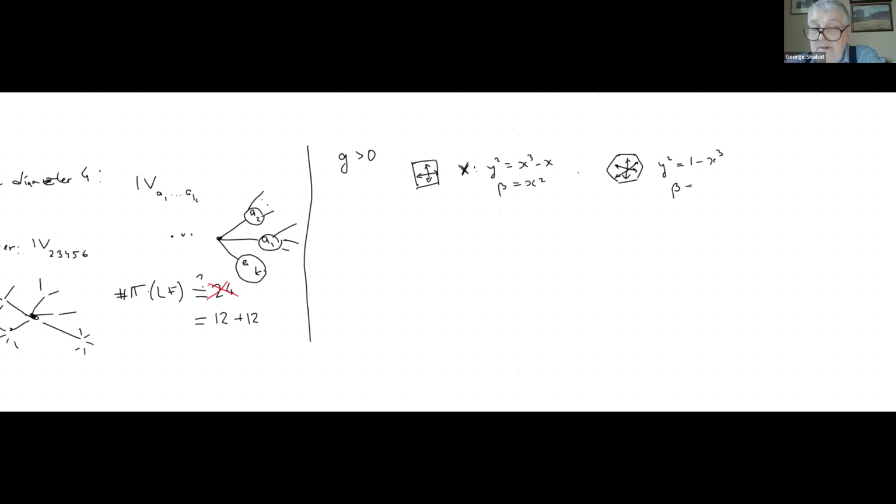And this is a particular case of the Fermat curve x to the m plus y to the n is 1, and beta, then one checks that beta is either x to the mth